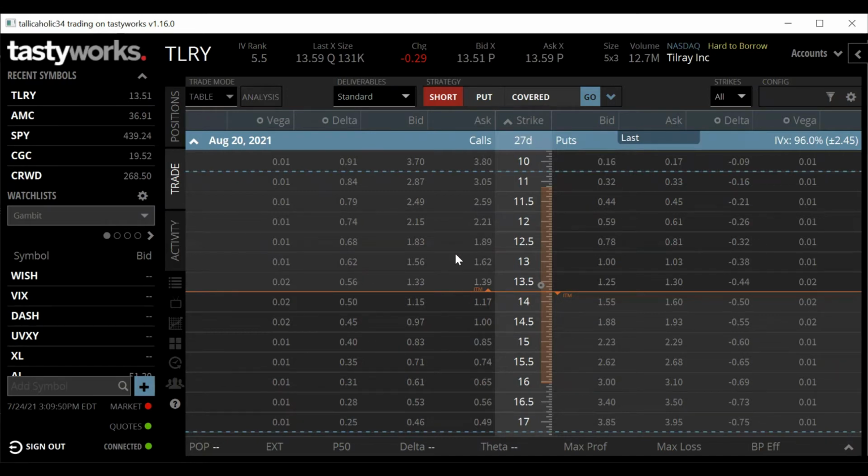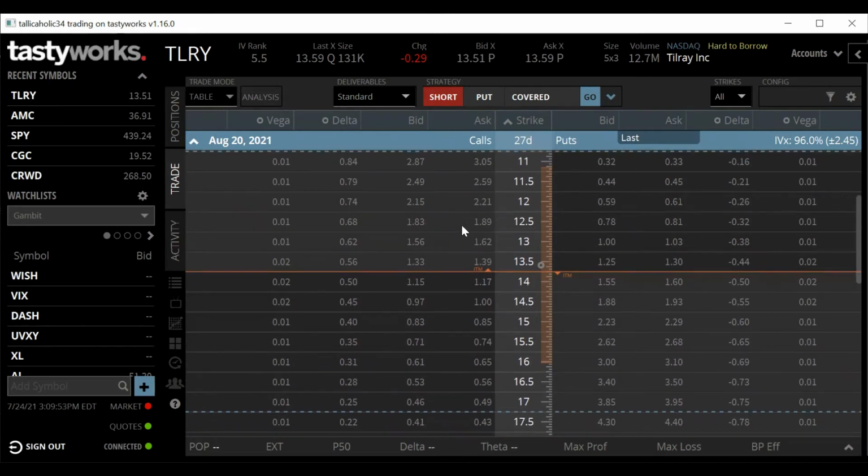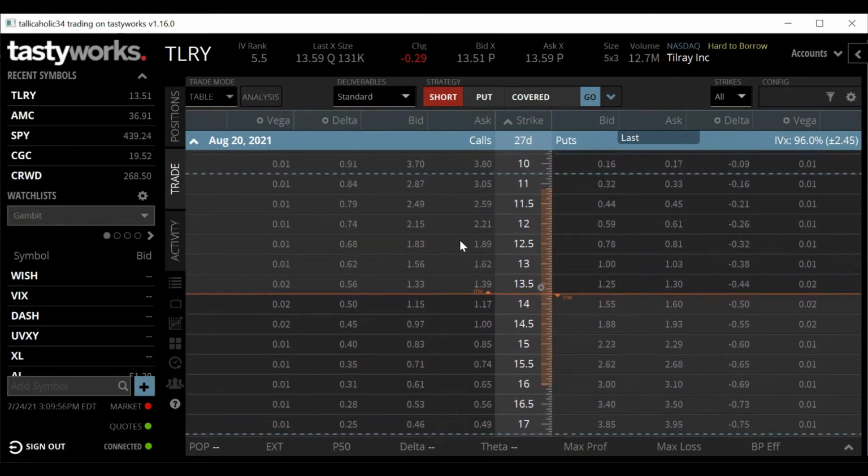So options are a cheaper way to play everything and participate in the markets, but there are too many outside factors when we are playing to really know what we're getting. That sounds kind of dumb, but that's the best way I can explain it, because we have outside factors such as time and volatility. Those are not built into the stock price. This option's price here is all extrinsic value. We know what intrinsic and extrinsic value is. So if Tilray doesn't go above 14, then this option is worthless. That's all it is. Who cares about the implied volatility or what's going to happen? If it doesn't go above 14, it's worthless.